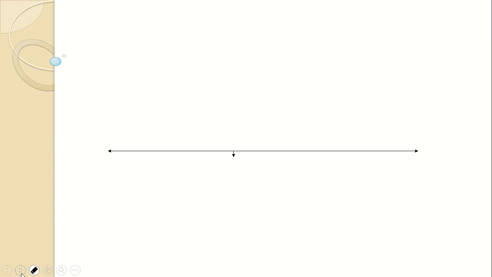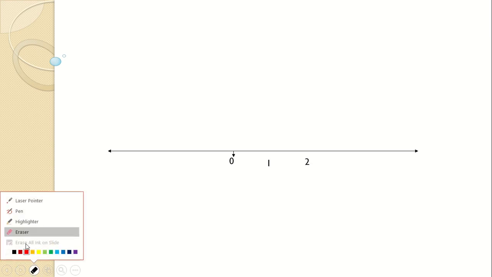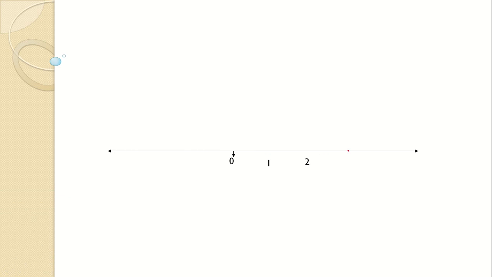Now we know what we have to do. So this is my 0, this is my 1, this is my 2, and here I will have 3. Now that root 5 distance is going to be somewhere between 2 and 3. This distance is 2 units, already. So I know I have to construct a triangle with one side as 2 units and the other side as 1 unit. Now at this point 2, I have to keep a protractor.